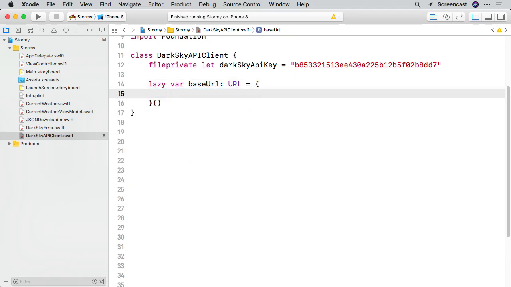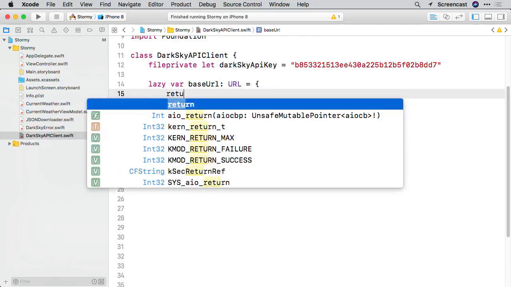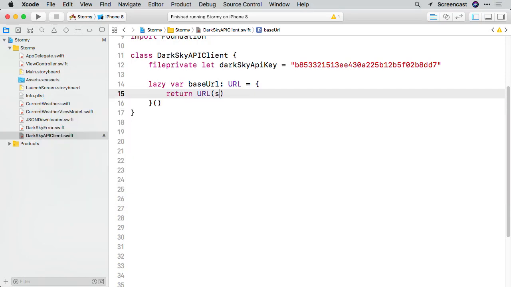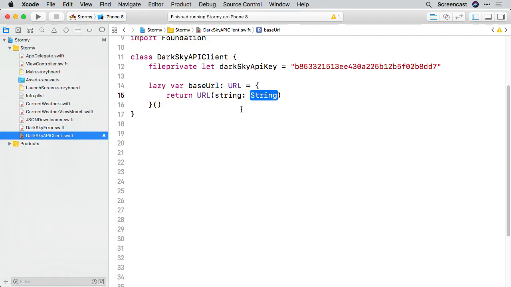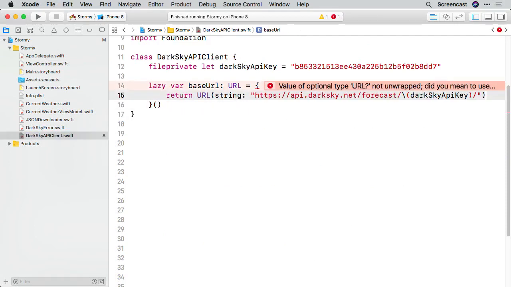immediately. Inside the closure, we'll return an instance of URL that takes a string, and here I'm just going to go back and copy the string to make sure that I make no mistakes. Oops, there we go. Now, you'll see that I have an error here. It says this is not unwrapped. Remember, this is a failable initializer, but since we pretty much think we have the right URL, let's go